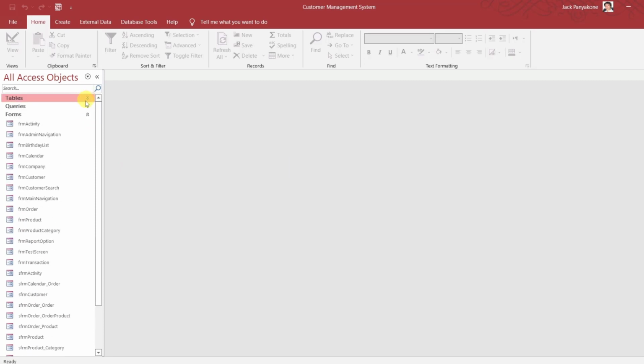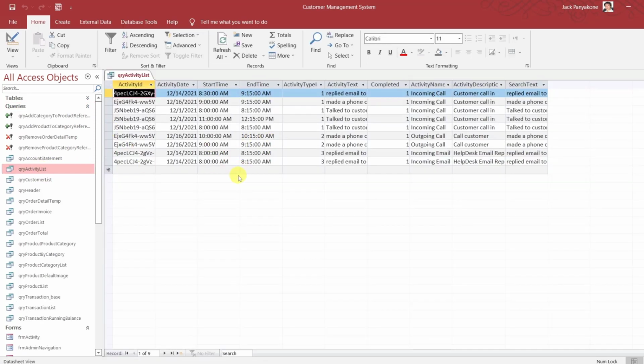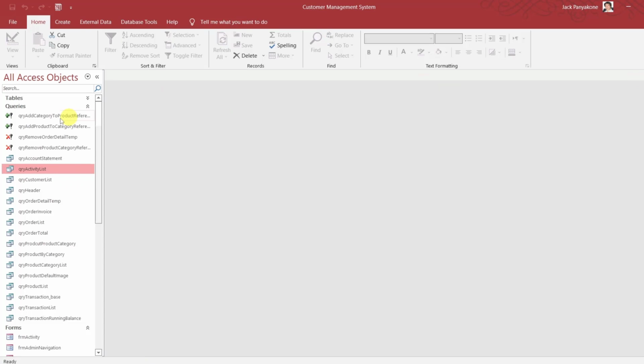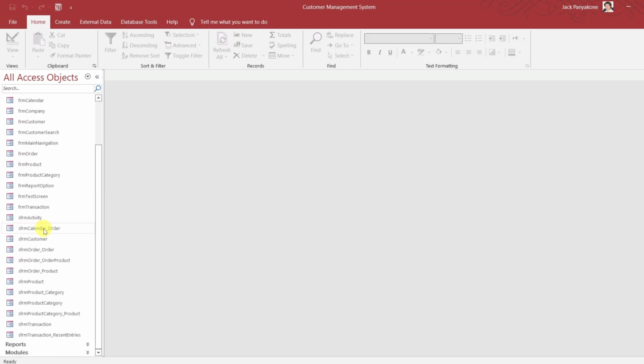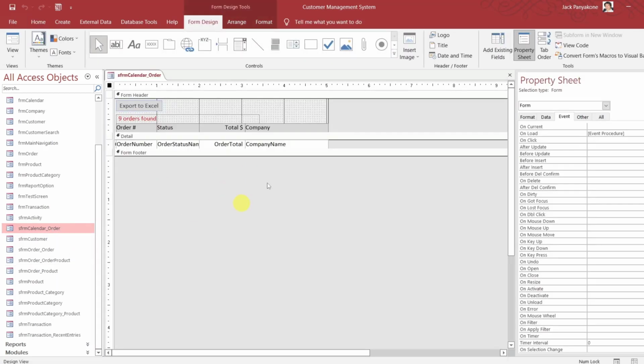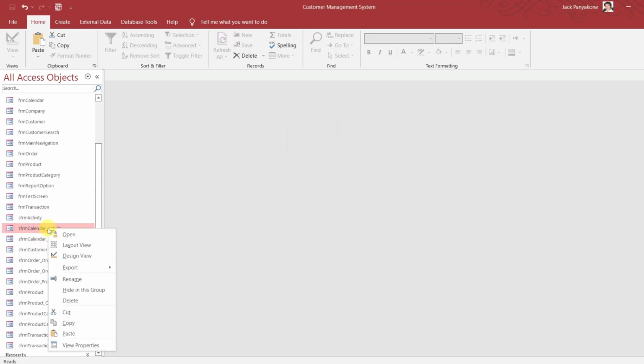Alright, so let's see. I think we have a list right here. That's perfect right there. Okay, so yeah, let's go ahead and start implementing this. This shouldn't be too bad. We've got calendar order here already. Alright, and if you take a look at it, we're gonna have the same format and everything. Okay, let's close that out, make a copy, Control C, Control V, and then we're gonna conform to this name, call it activity. Now let's go in there,